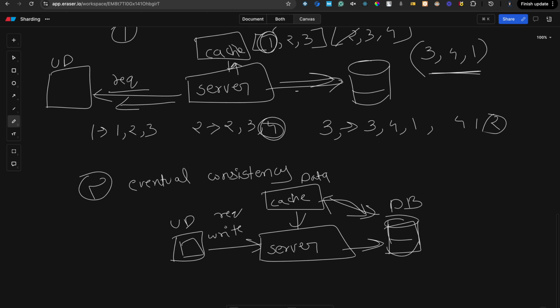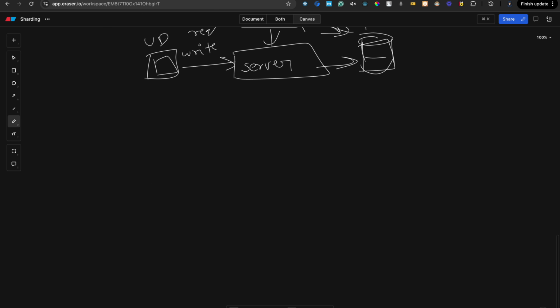This matters a lot. Now comes cache placement. So where can we place the cache? Cache can actually be placed in three ways. First, of course, is on the user device itself, using local storage or whatever device storage they have.